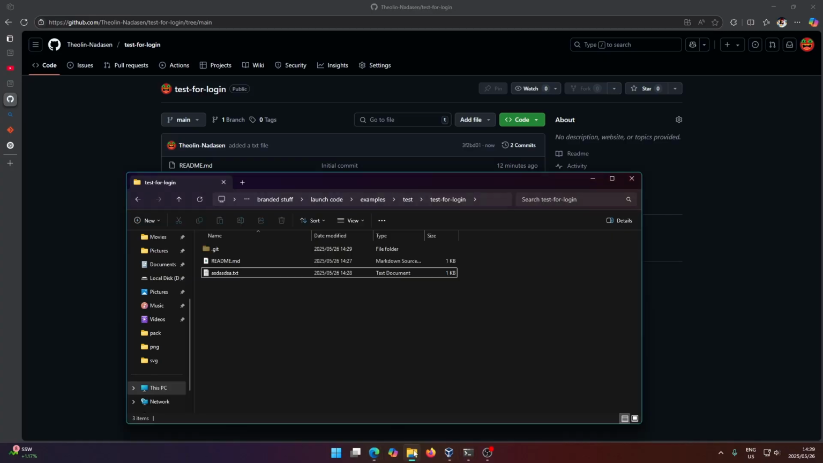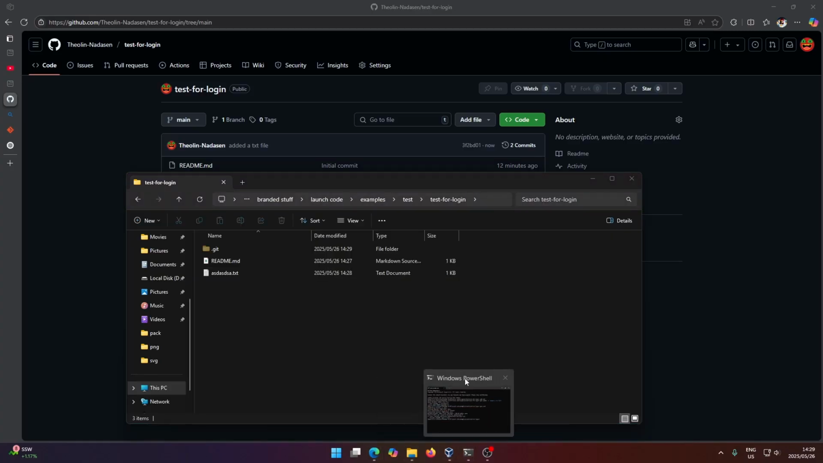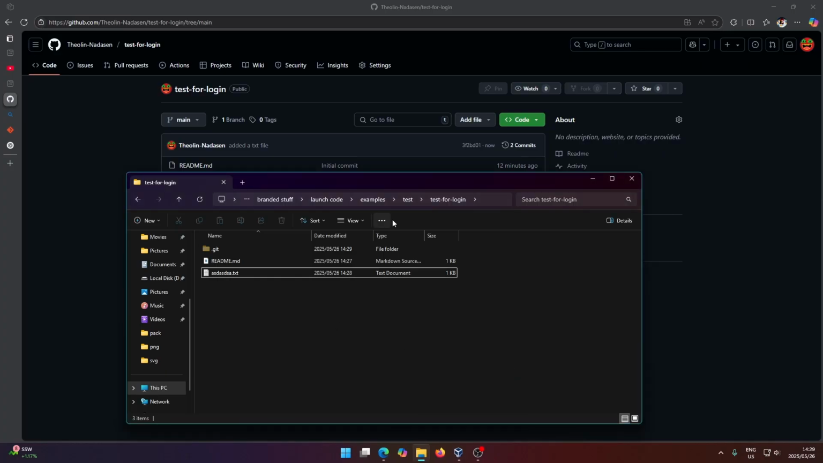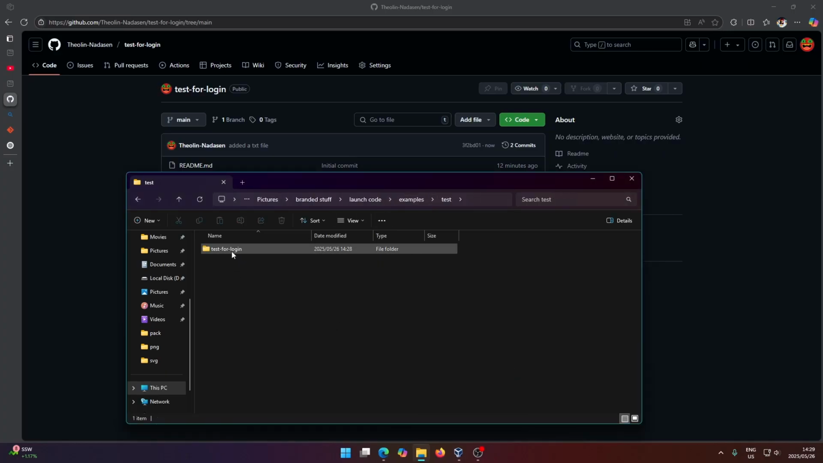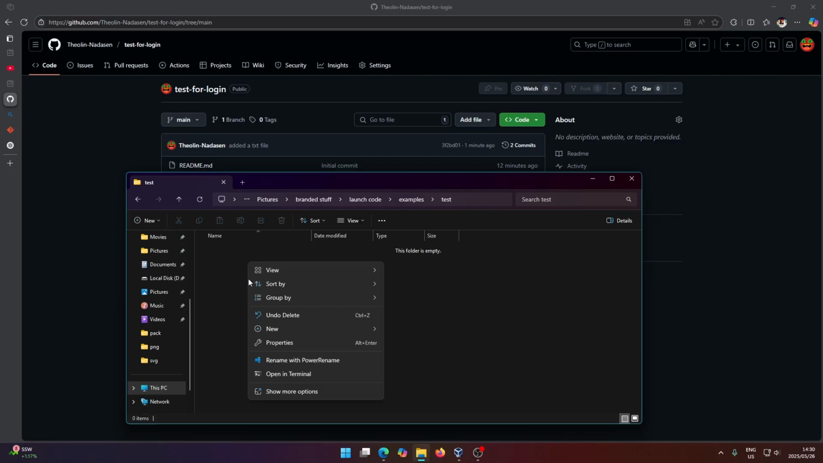And now inside of my folder, I'm going to close all of these terminals here. I'm going to delete that test for login thing from here. So now it's no longer on my machine. I don't have that text file here anymore. And if I just right click here and open in terminal,